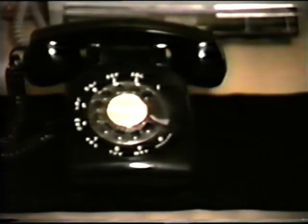We will now briefly touch on the last phone freak box, and that is known as the black box. Black boxes got their name from the color of the first one found or confiscated. A black box is also